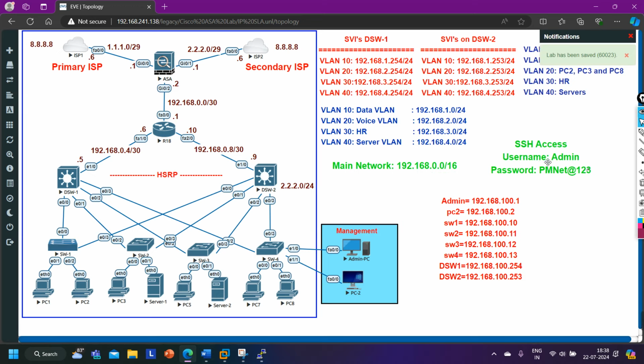Done. So with the help of this username and password, you can access any device from this centralized